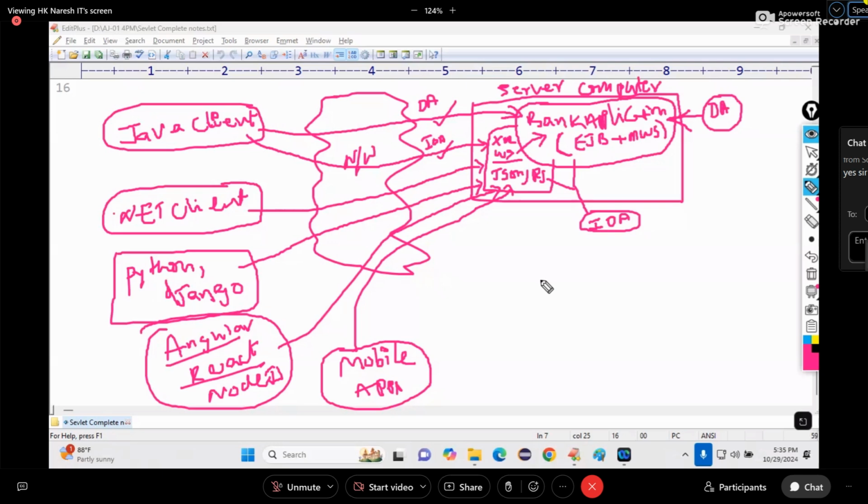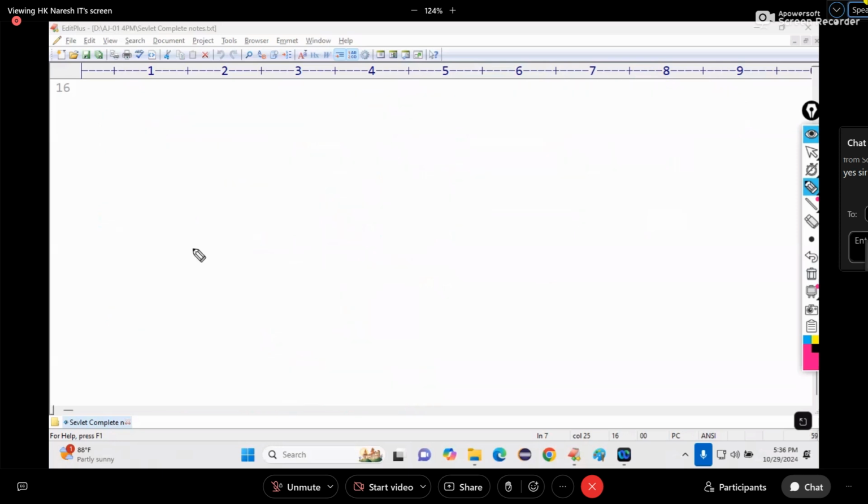What is a web application? An application that is accessible via a web client. Via a browser you are accessing, that is a web application. An application that is accessible remotely from a program in the same language, such as a Java client, is called a distributed application. If you can access this program remotely from a program of any language, then we call it an interoperable application. Is it clear? Last point. Enterprise application.